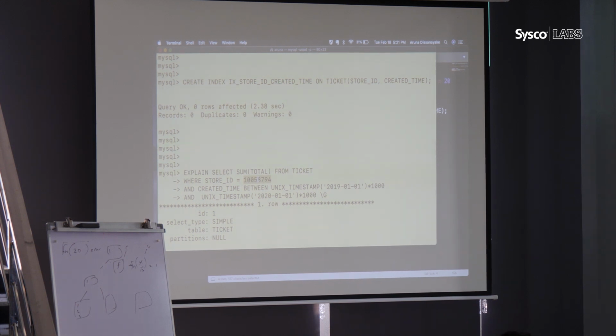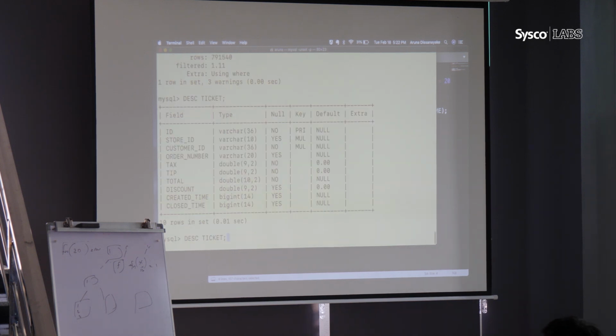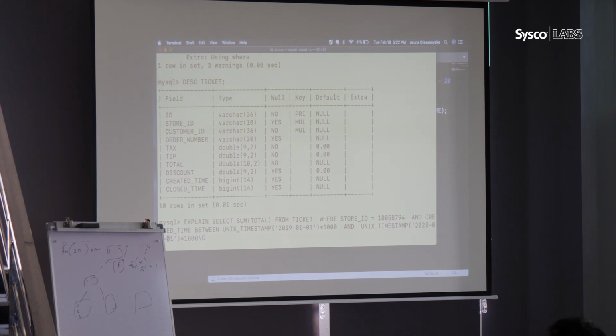That means, even though we don't see it, it applies a function on top of this ID. Basically it has a cast function on top of it. If you apply a function on top of it, it can't use the indexes. So now if we pass this as a string, the varchar type, then it should work.